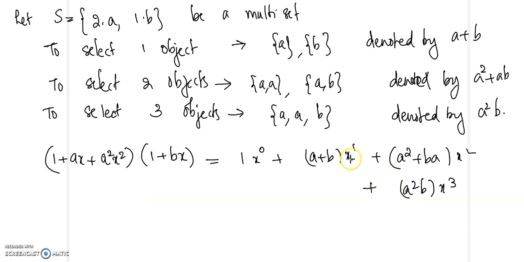So the number of different selections will be the coefficients in the expansion of (1 + ax + a²x²)(1 + bx). Now, if we replace a and b by 1, we will get the number of ways of selecting r objects from this multiset. So, the number of ways of selection